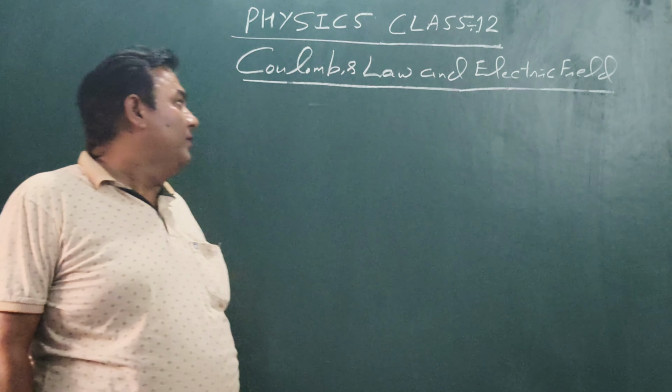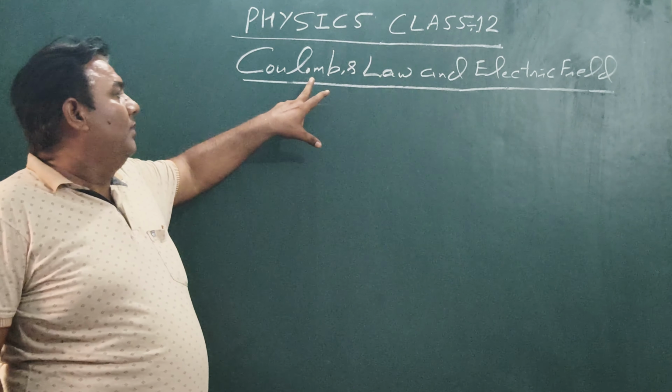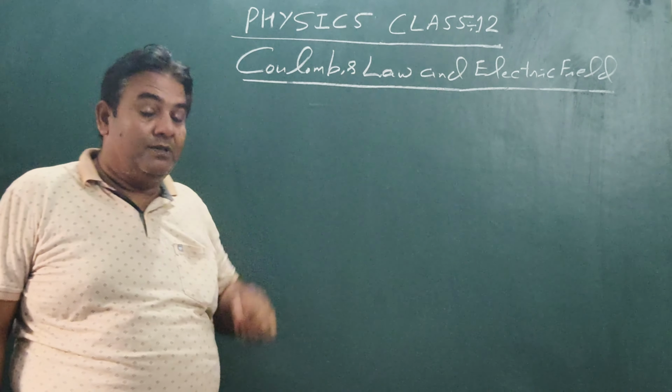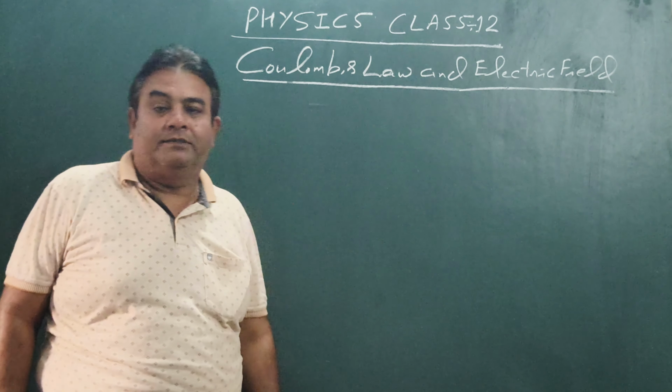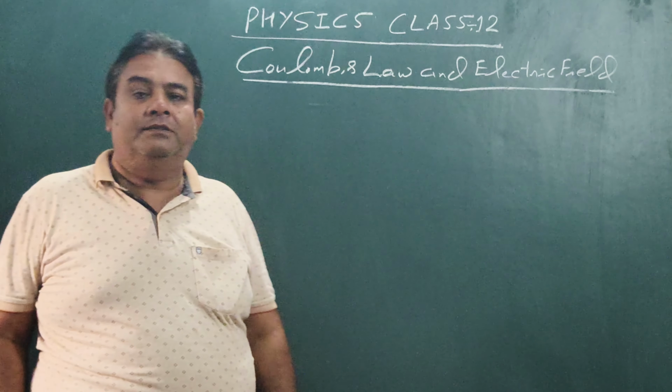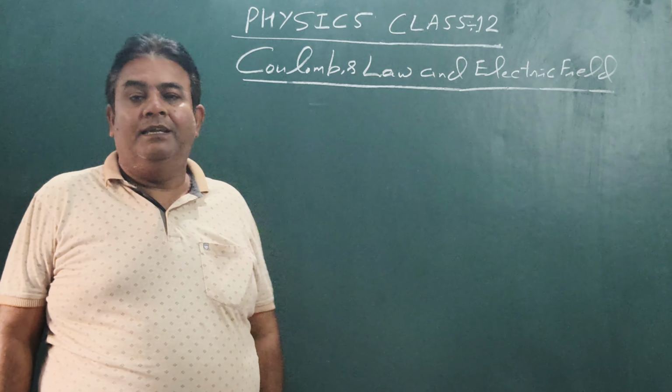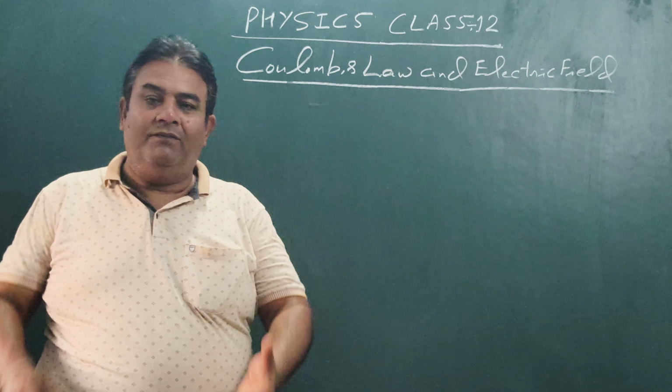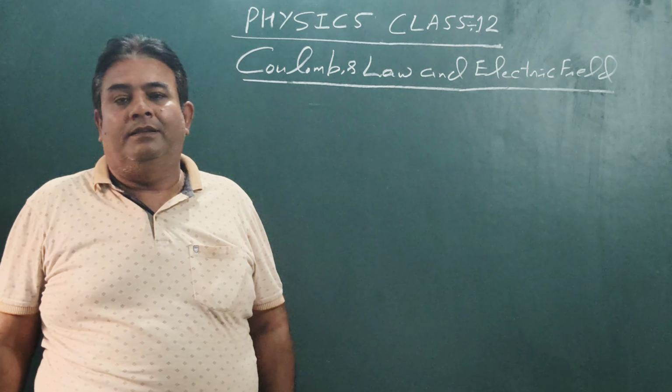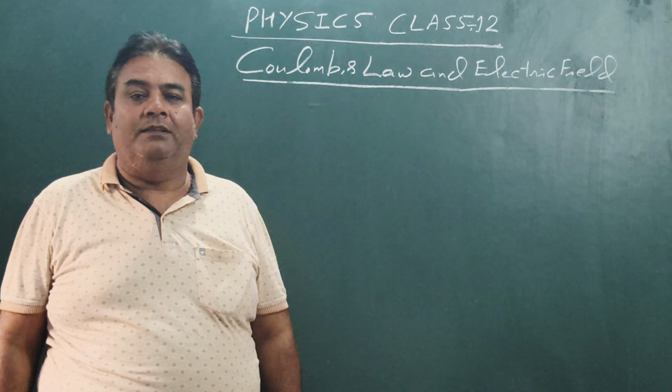इसमें हम लोग कूलॉम्ब्स लॉ के कॉन्सेप्ट से पहले, इस चैप्टर में सबसे पहले, we read about the concept of charge. What is the concept of charge? चार्ज क्या होता है? It is seen that when we rub any body to another body, then it is having a property of attracting the other object